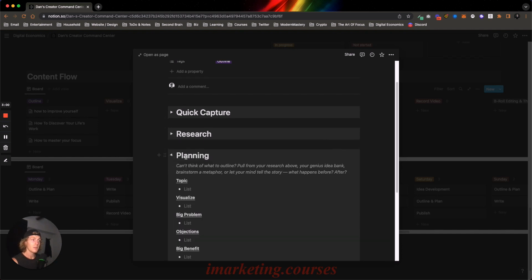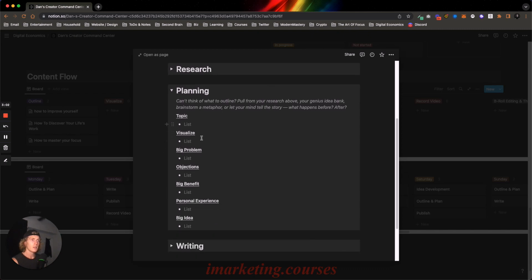And then the main thing right here is this. So if you've taken my 7 Days to Genius Ideas course, you know this, you see this. And now when it's baked into everything, when it's baked into this entire Creator Command Center, it's a bit different. So I only use these things, the problems, benefits, experiences, big ideas, for the actual writing, okay? Well, it'll continue to make sense.